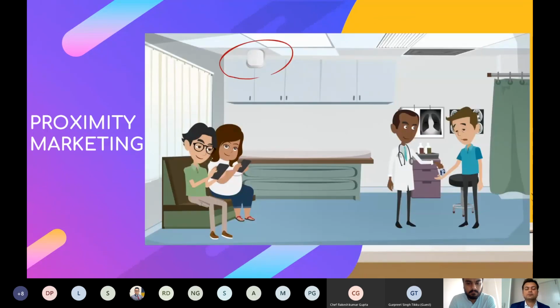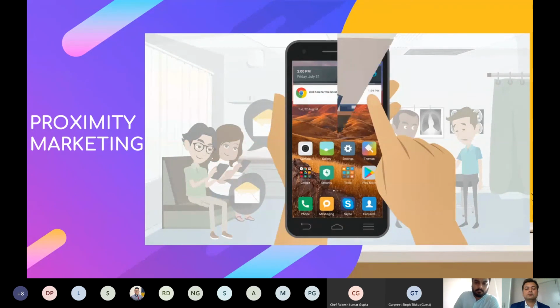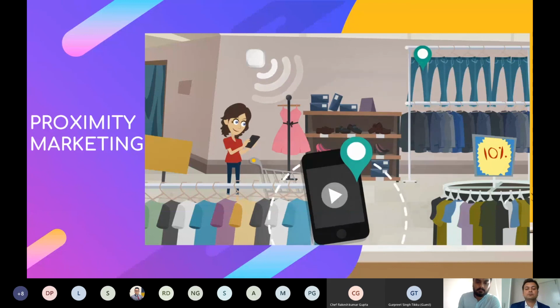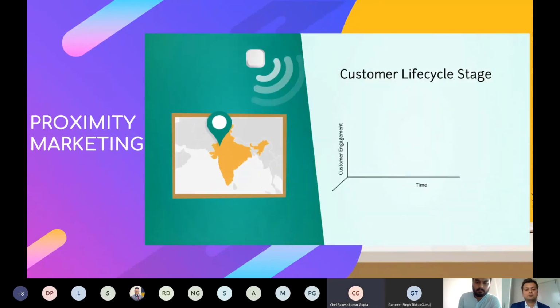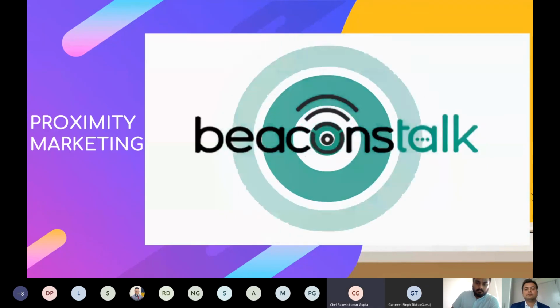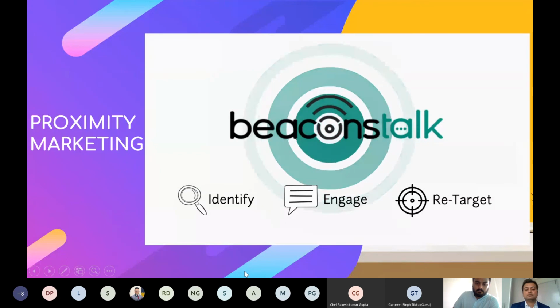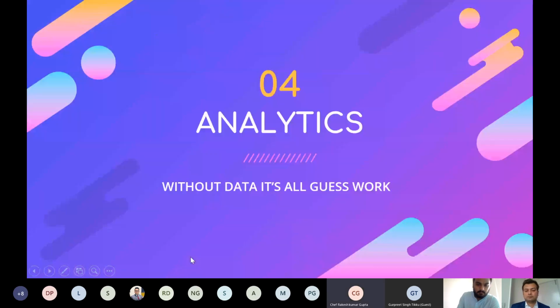These devices have sensors that trigger a notification on mobile devices nearby. Send contextually relevant content such as product information, media, and offers. Capture location intelligence and deliver engagement through your customer's lifecycle. Beacons Talk. Identify, engage, and retarget. Don't you wish?